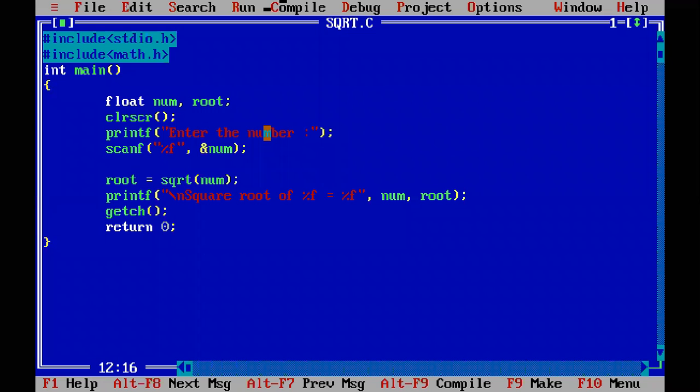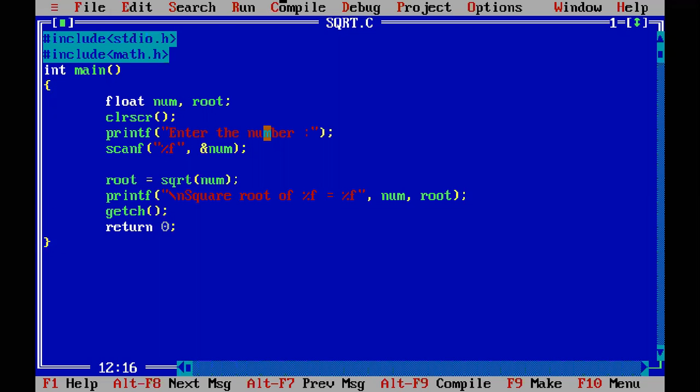Yes, ma'am. Okay, fine. See, what is the purpose of the getch function? Getch means get character. Get means read, or input. The other word for reading is also get.